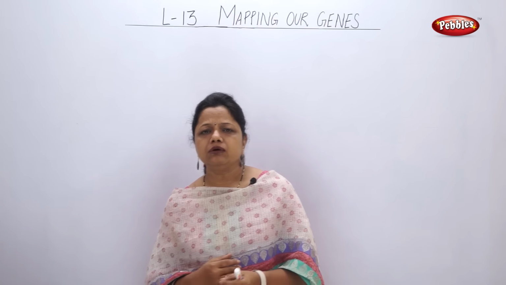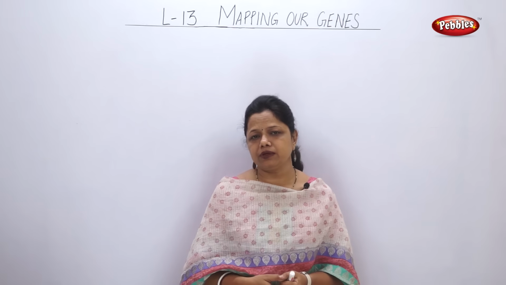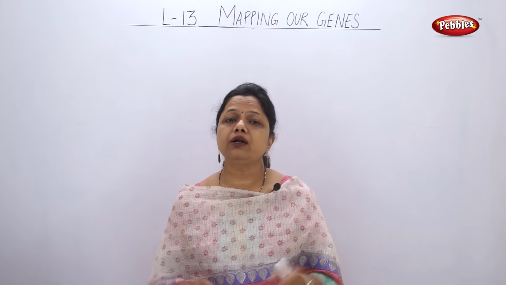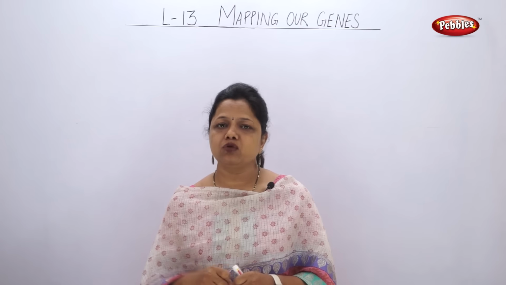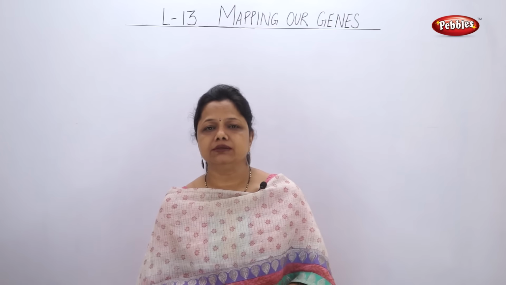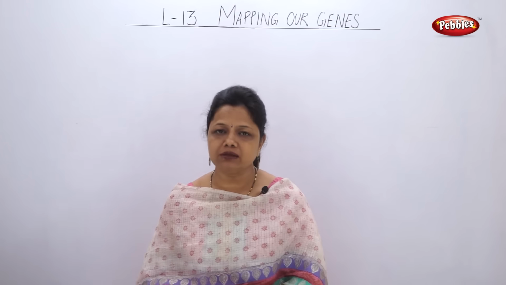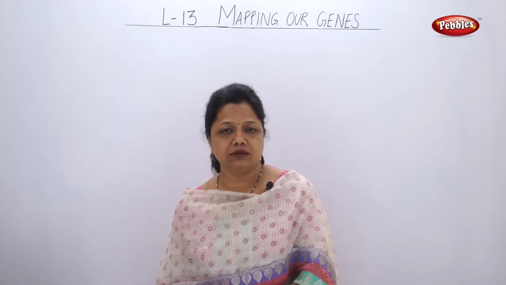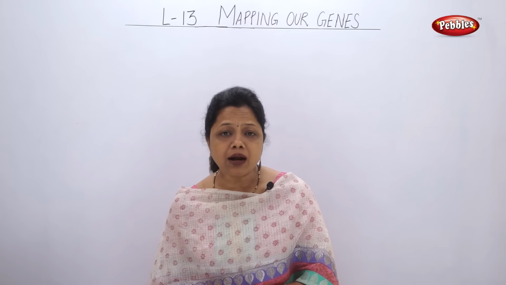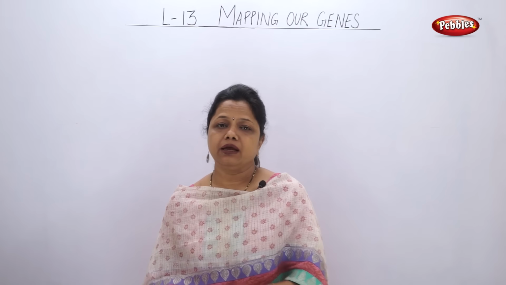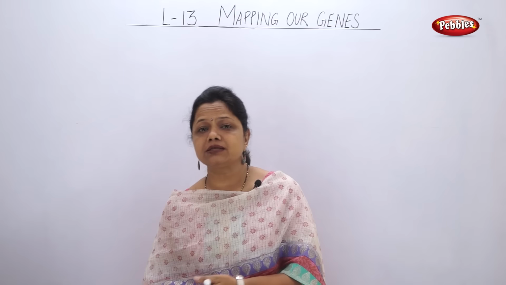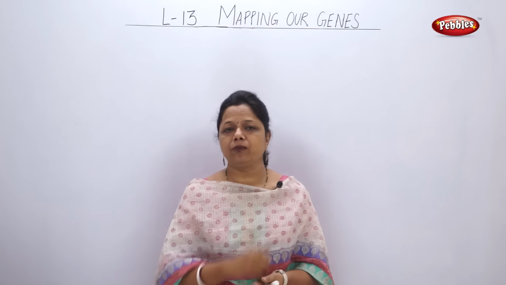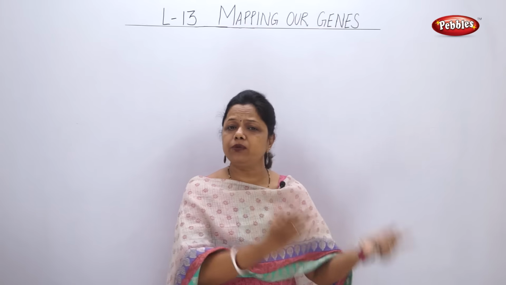Now we come to know how inheritance can take place. As we had studied in sexual reproduction, there are two parents involved. So one father and a mother. The characters from the father and the characters from the mother are passed on to the child. Now, are all the characters which the father has and the mother has seen in the child? No. You look different from your parents. Are you an exact copy of your parent?